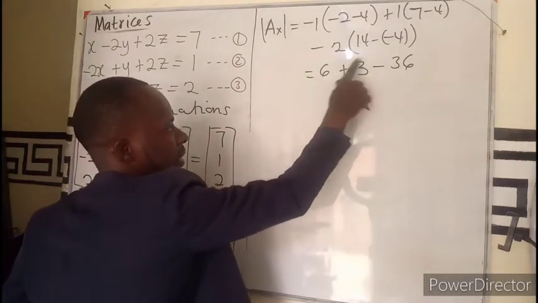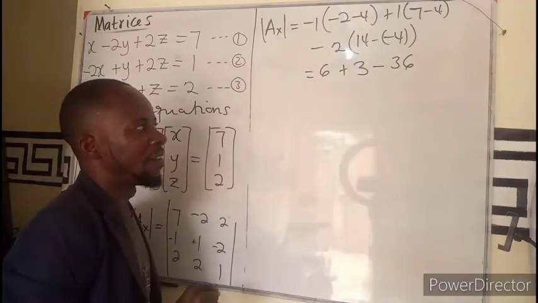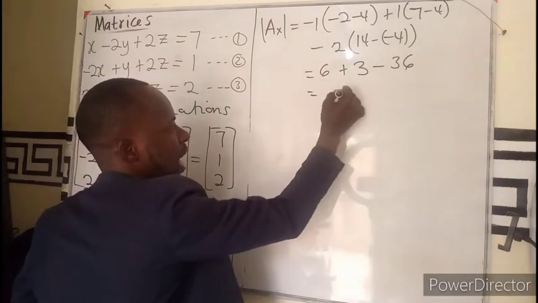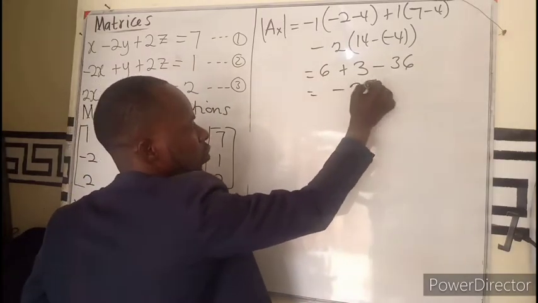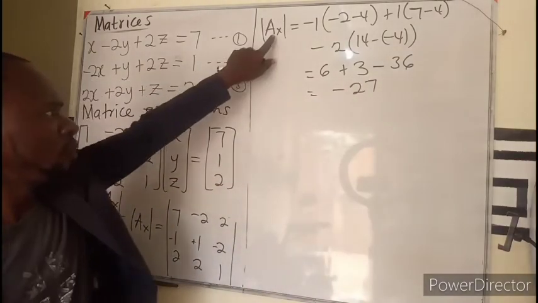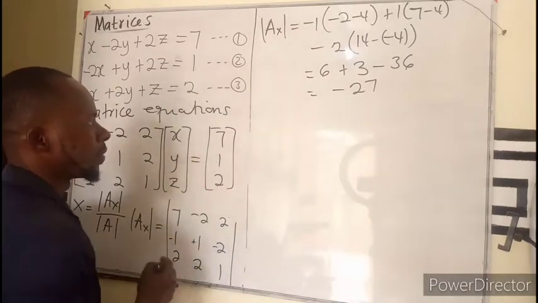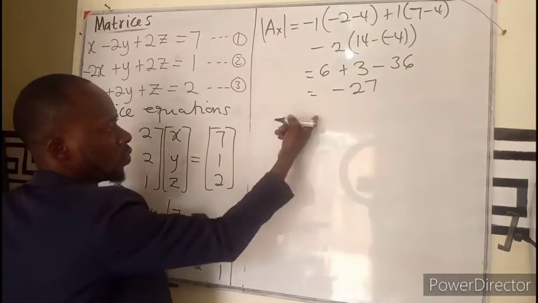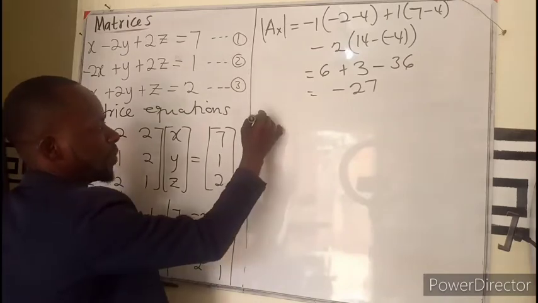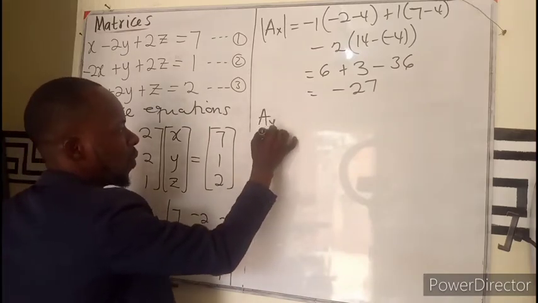If you add this here, you are going to have minus 30. So I have minus 27 for this. Okay. So in order to find all the answers, let me find Ax,